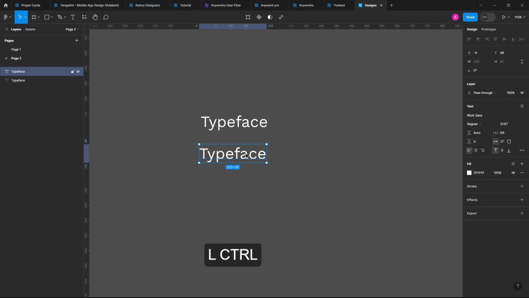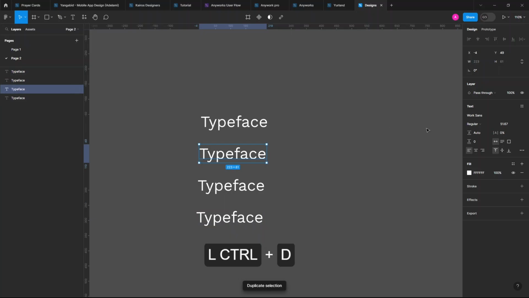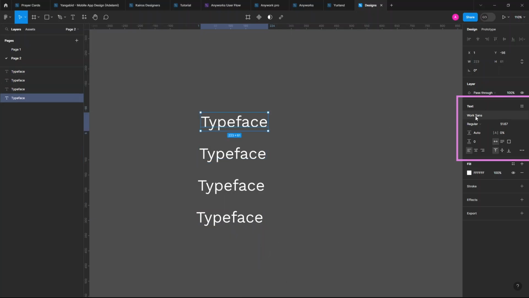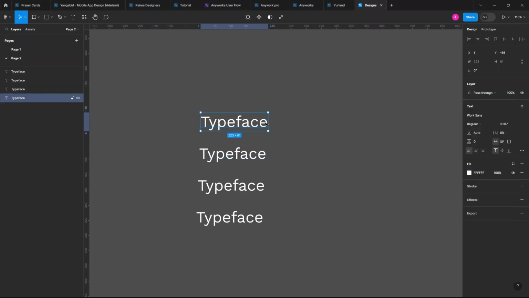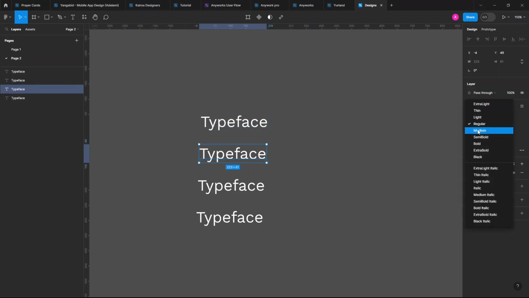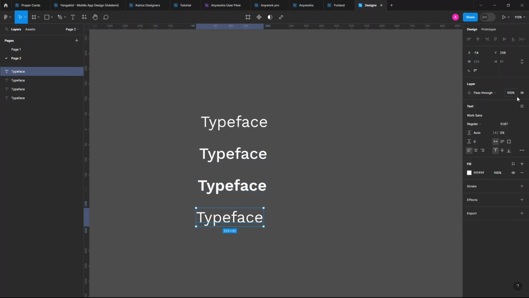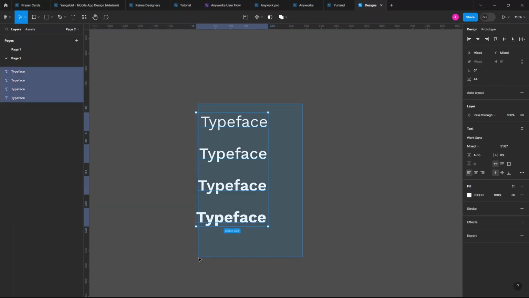Just duplicate this. Now, we know this is Work Sans. Work Sans is the general name, that is the typeface, but there are other fonts there. This is Work Sans Regular. Most fonts will just come in their natural regular state. Work Sans Regular. Then here there's medium, here there's semi bold, here there is bold. All these are under the Work Sans font family, or the Work Sans typeface,